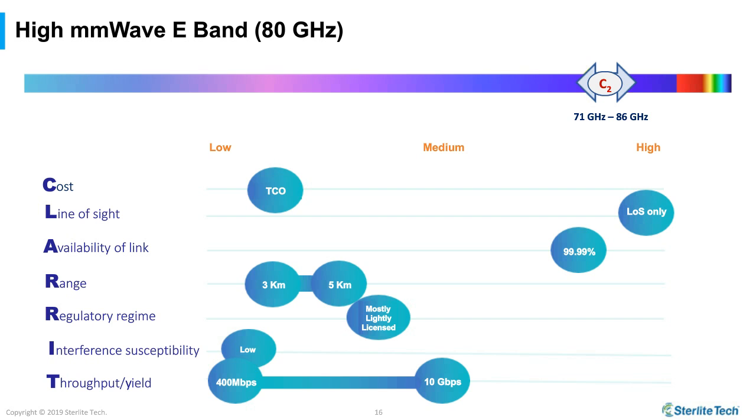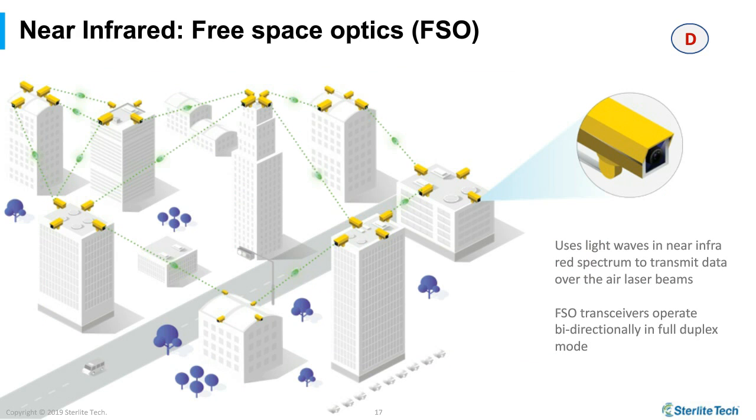And throughput, what we see currently is about 10 gigabit, but again, with massive MIMO and some of the other innovations that are happening, including channel aggregation, you can drive it up to almost 30 or 40 gigabit in the future. The next technology that we look at, as I said, is getting a renewed interest here,